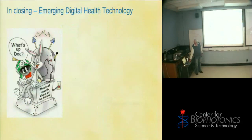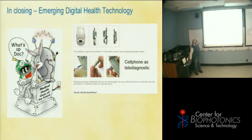So in closing, just a few words about emerging healthcare technologies. Again, my favorite cartoons here. We hope to get away from something that looks like an electric chair to try to determine your overall healthcare. And one of the things I'm most interested in is how much can we use a cell phone as a telediagnostic? And already there are people working on this from UC Davis and UC Berkeley, where they take pictures with